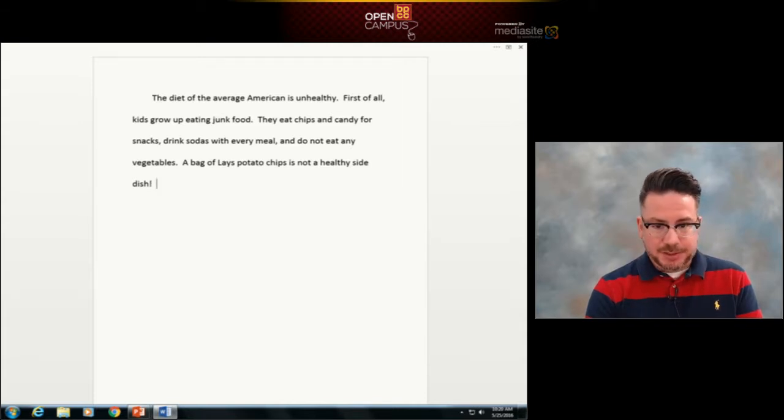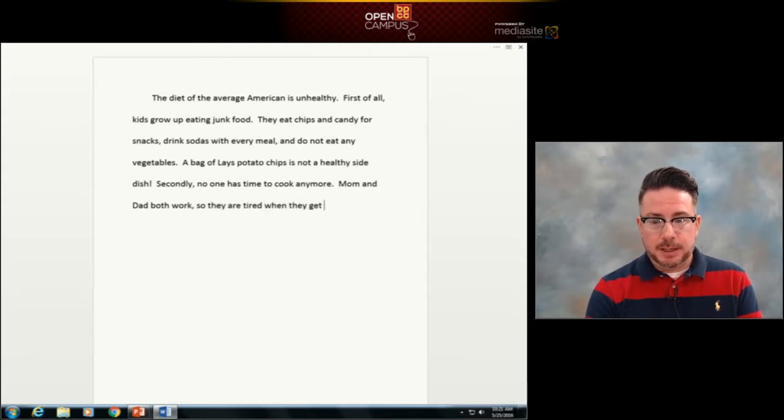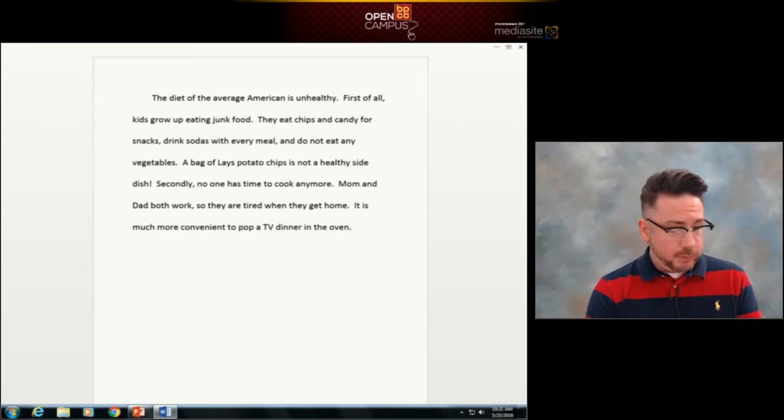Let's add our next transition. Secondly, no one has time to cook anymore. Mom and dad both work, so they are tired when they get home. What's another good specific detail we can add there? It is much more convenient to pop a TV dinner in the oven. How's that? All right, well, I have one supporting point left, and that is most of all,